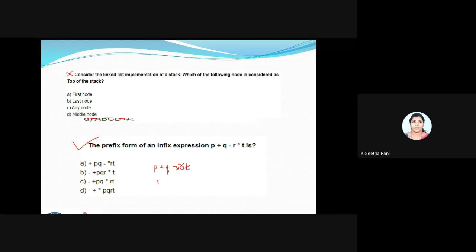Since plus comes first, plus P Q minus star R and T. Then again this is an operand and this is an operand, so minus comes first: minus plus P Q star R T. So my answer is going to be the third one, C.